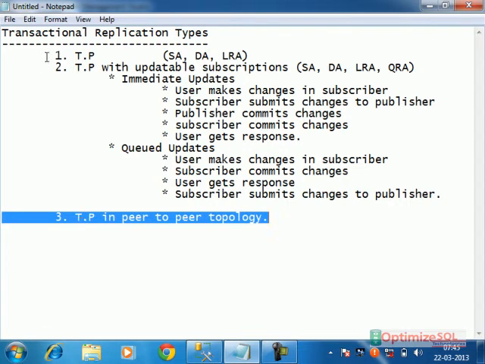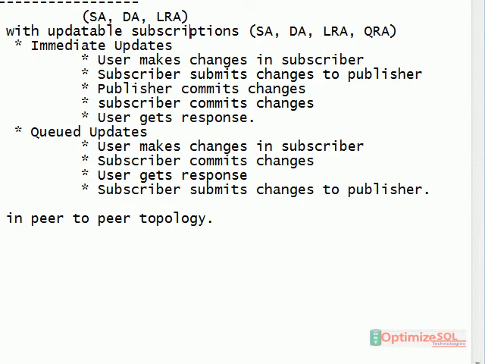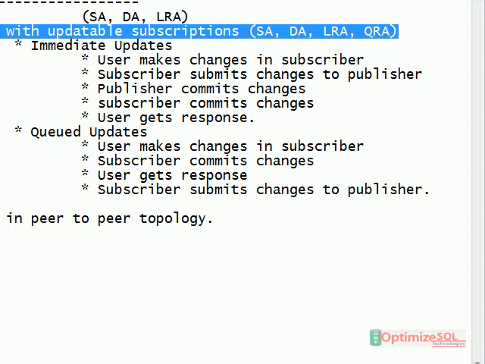Already we have discussed this in the previous session. Standard transactional publication. Let's say we'll configure this transactional publication with updatable subscriptions. Steps are the same, but while configuring we have to mention which type of updates you want, immediate updates or queued updates.